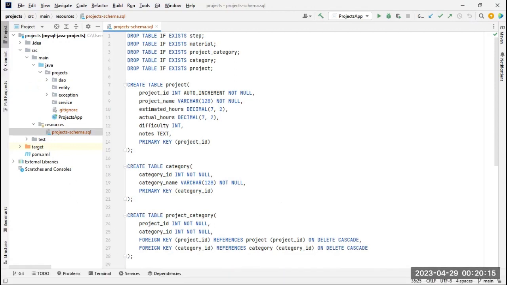So let me begin by sharing the SQL code in the projects-schema SQL file located under the resources project folder. Here are the drop statements for the 5 tables, the create table statements along with creating the columns,